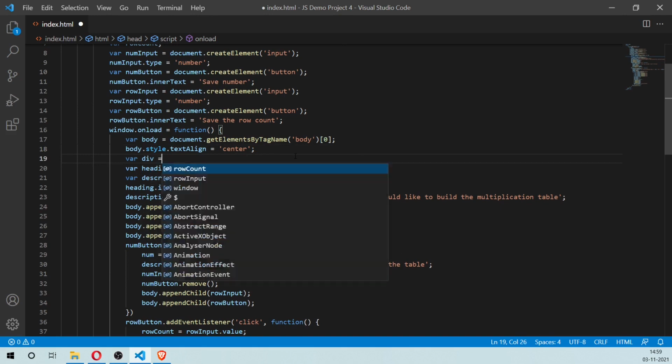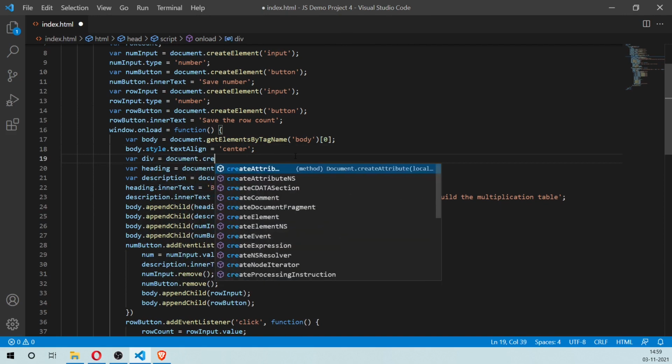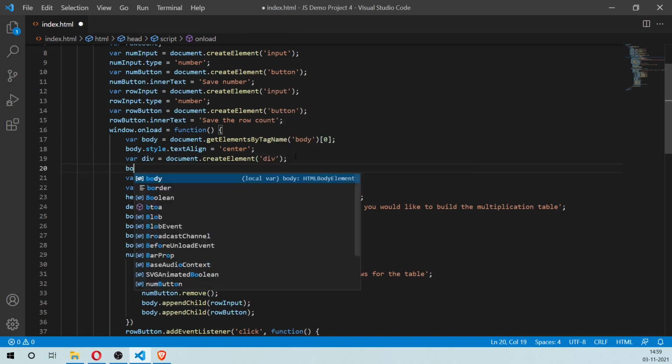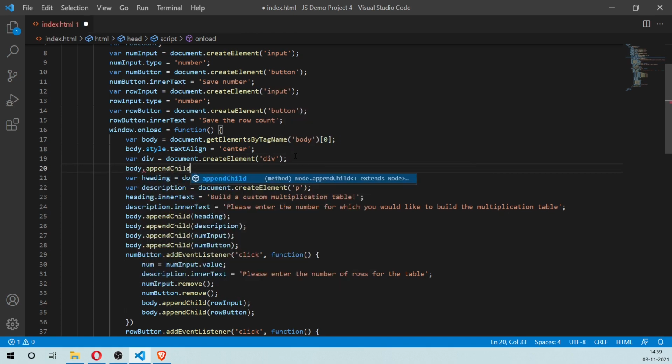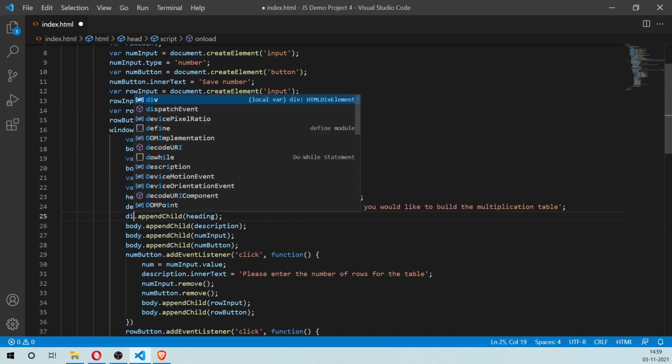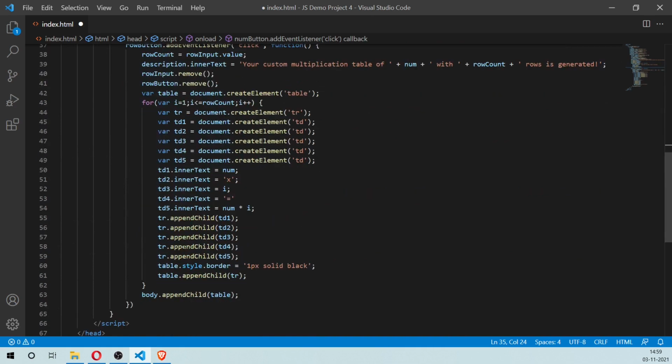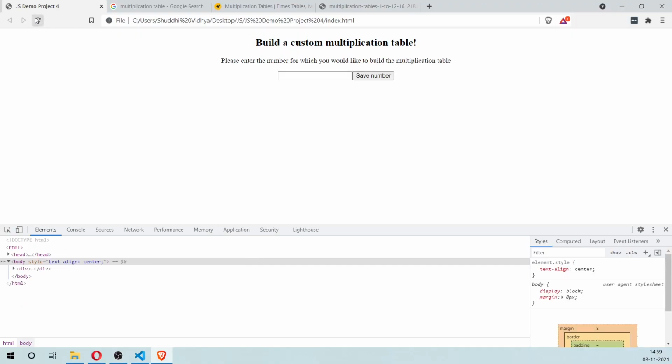So var div equals document.createElement of type div, add that to the body, and from there we need to use div everywhere where we're using body. And save that.